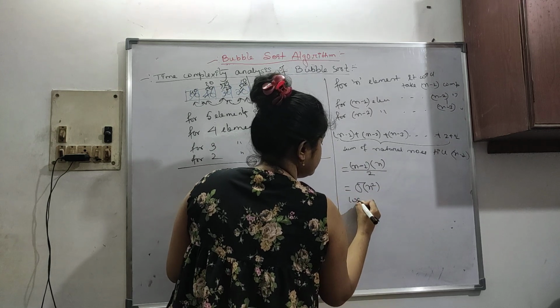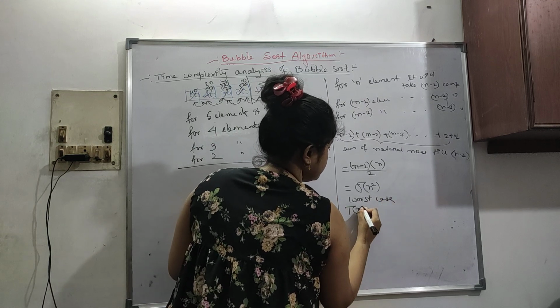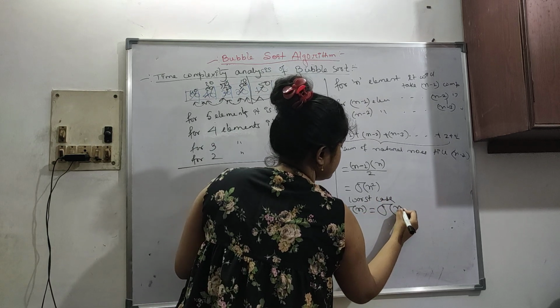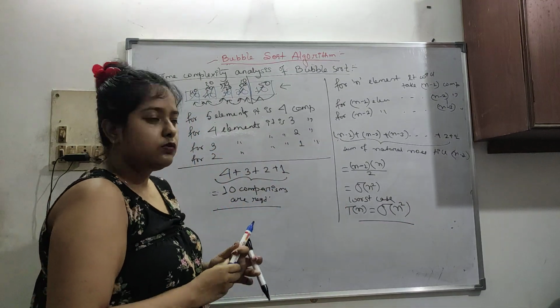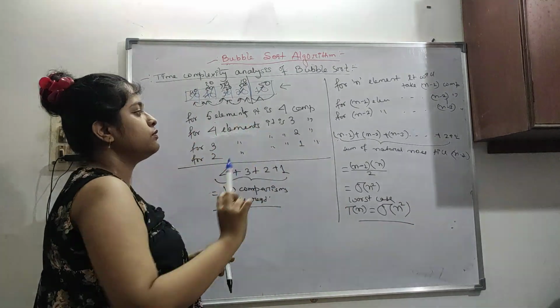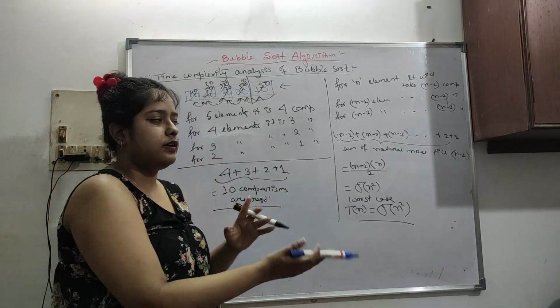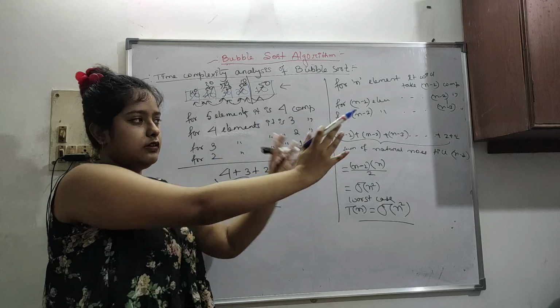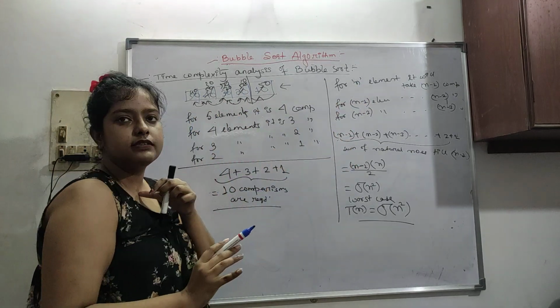So in the worst case, time complexity is order of n square. I hope you have understood this. This is the worst case. Base case we will see now. Worst case we have seen. Worst case means it is in reverse order. We have to change everything, like from this to this. We are reversing the whole array.